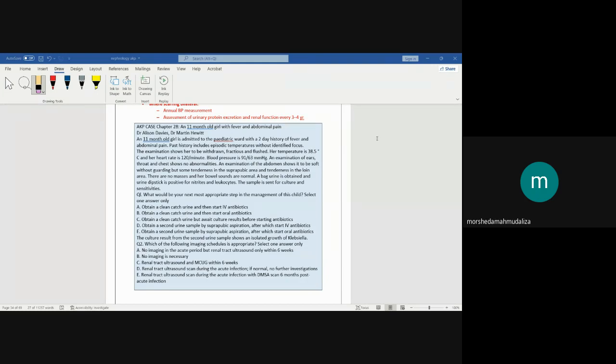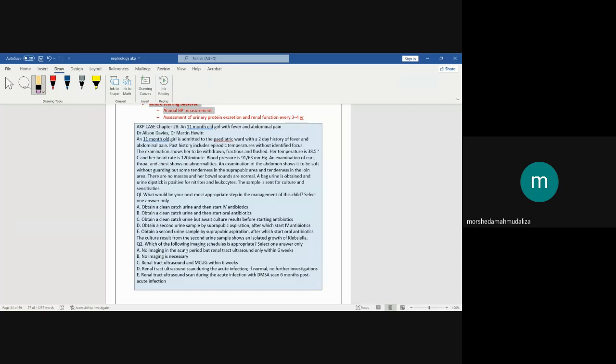Okay, Dr. Rejwan, I get it. Thank you. You're saying that it is D. Let us see again what D is. Suprapubic aspiration, a second urine sample, after which start IV antibiotics. So IV antibiotic, why? Because of renal angle tenderness, tenderness in the loin area,